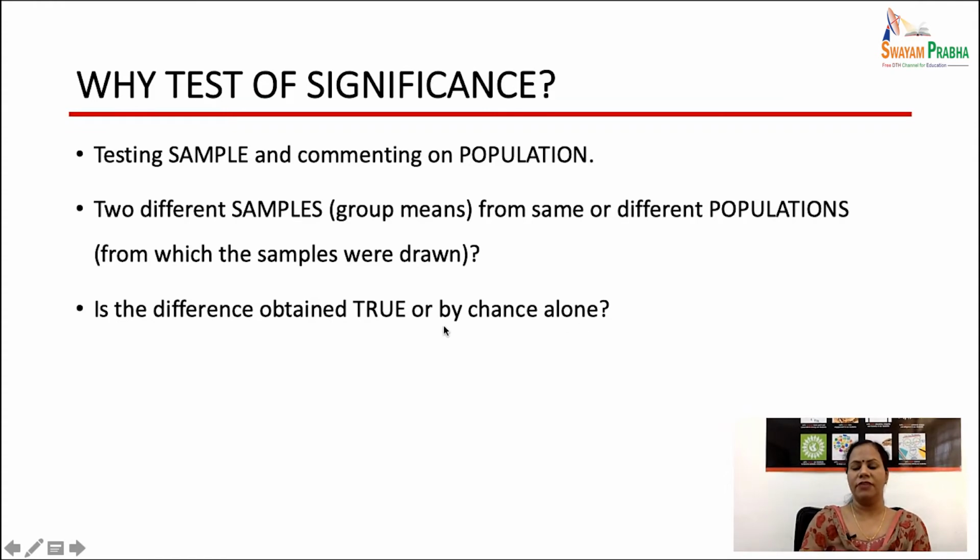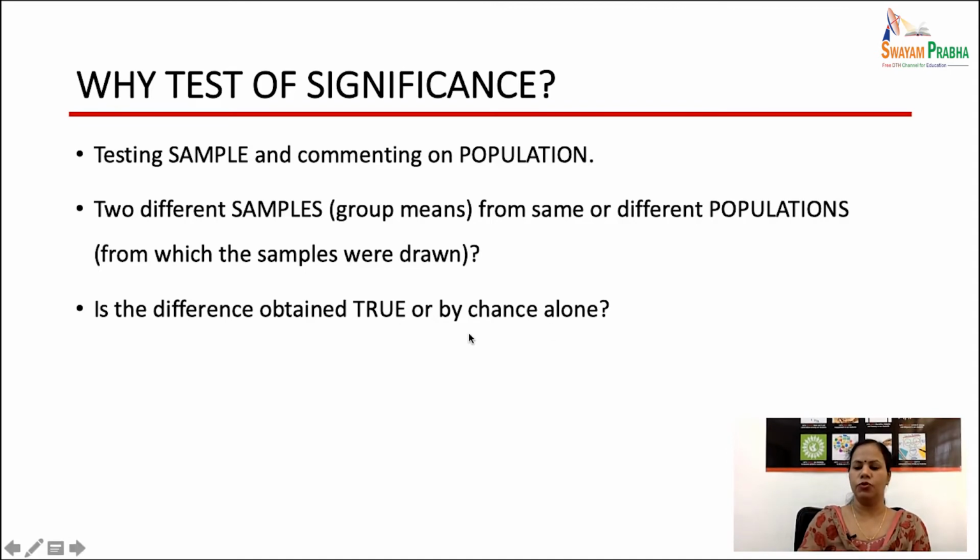So because of that, we keep our level of confidence high, usually a 95% level of confidence, so that we should have only a 5% chance of error, and the rest, 95%, we should be confident that whatever results we are getting through statistical analysis